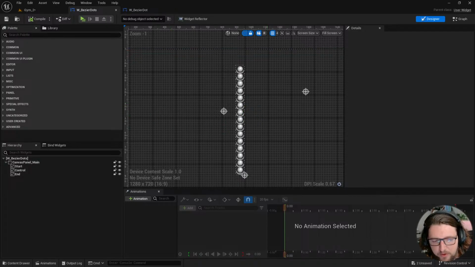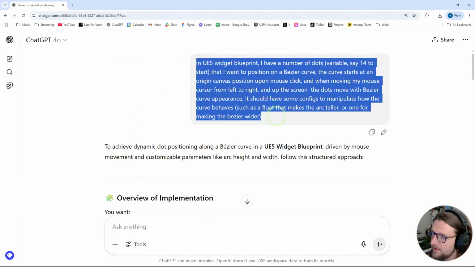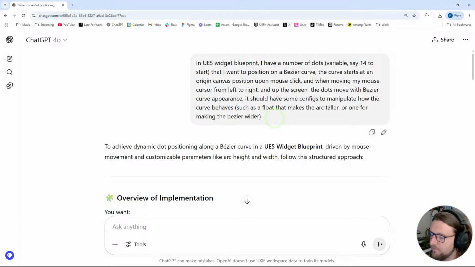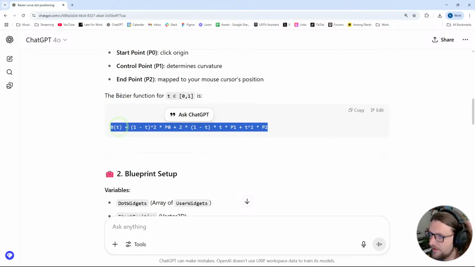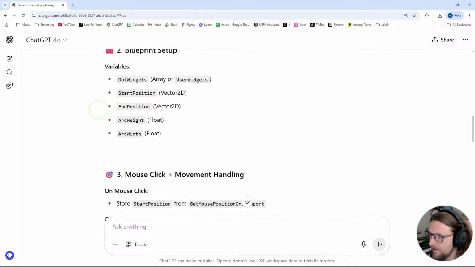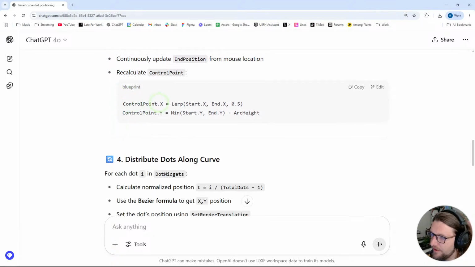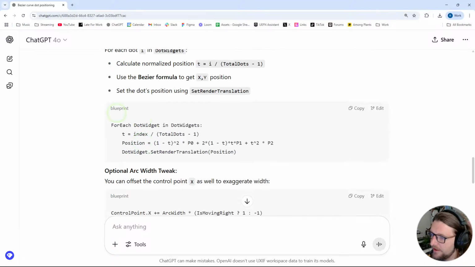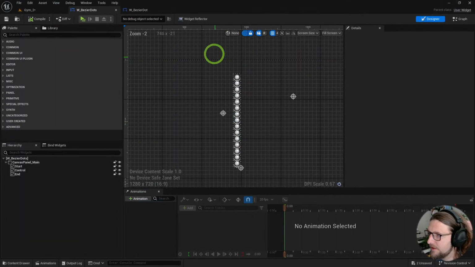And the math we have derived, for anyone who wasn't here earlier, we asked ChatGPT this little prompt, which is going to give us a controllable Bezier curve in Unreal Engine. It tells us the math for a Bezier curve with t as a time, which is an alpha of the number of dots. A couple of variables that we'll need, and then we've got the control points and logic here, and this is the for loop that we do to actually update the dots. So let's get that going. Let's actually see if we can do that